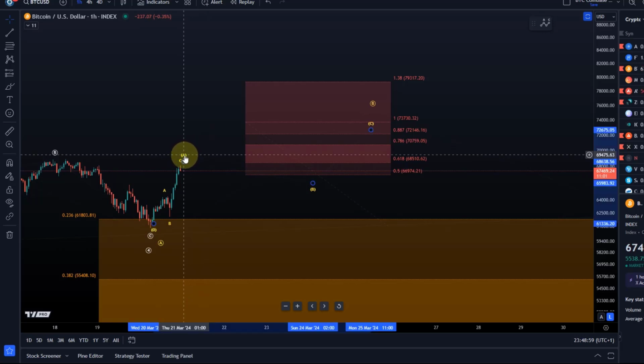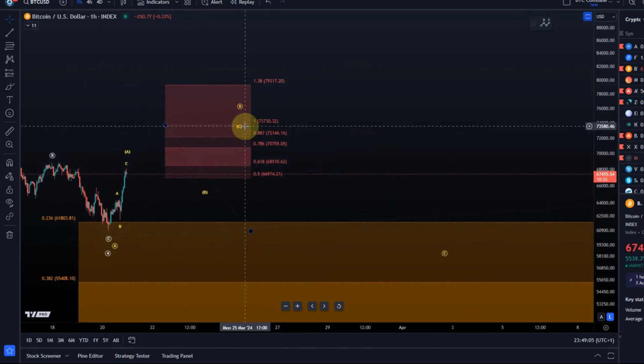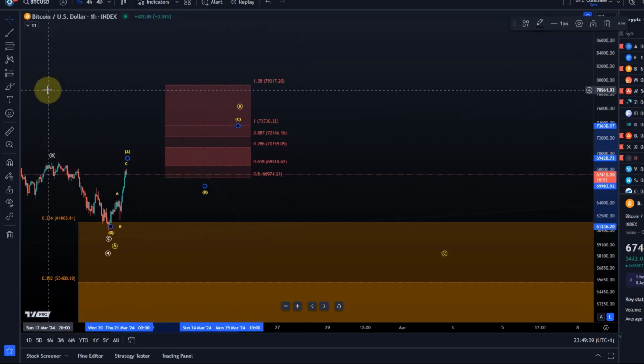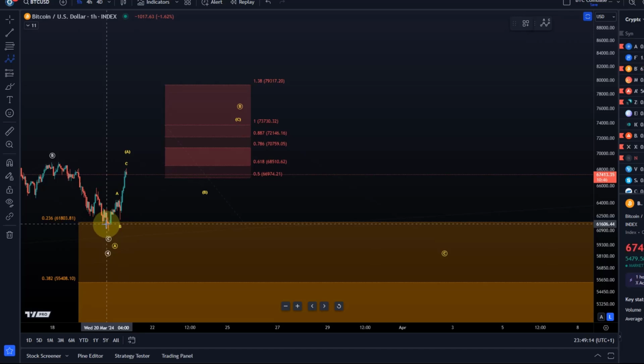Now, if it forms 5 waves, it could simply be an A wave. Okay, that makes it tricky. So we never really know if a B wave is forming or actually already the next wave to the upside. You don't know. But the thing is, the goal is not to know. The goal is to get in a position where reward is high and risk is low, as it was around